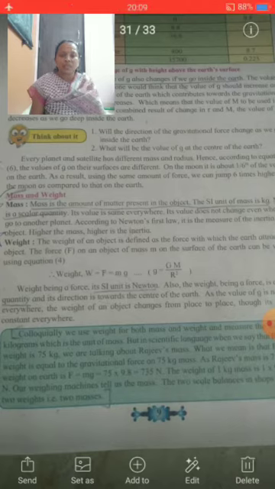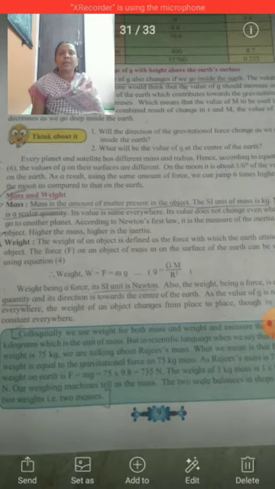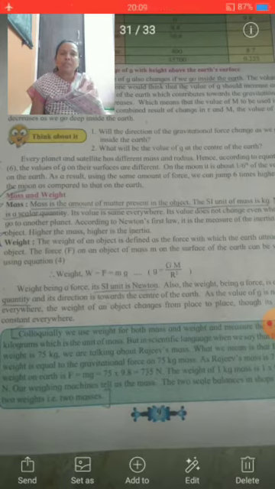We know that the force of gravity due to the Earth acts on each and every object on the Earth. When we are holding a stone in our hand, the stone was experiencing this force, but it was balanced by the force that we are applying with our hands on it in the opposite direction. That means the force applied by us is opposite to the gravitational force acting on the stone. Therefore, they are balanced and the stone is in a steady position in our hand. It is at rest.